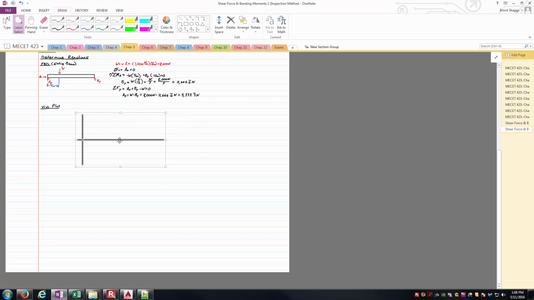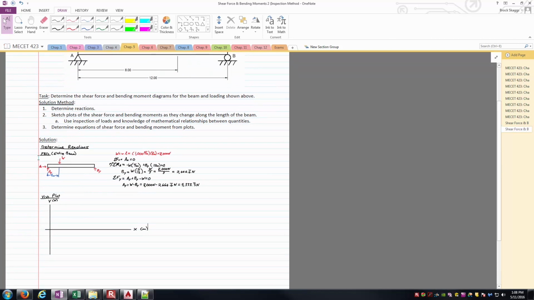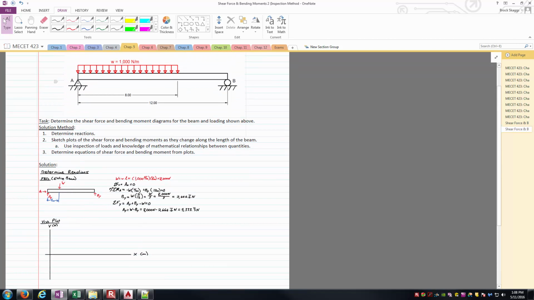And rearrange a little bit, just like so. And so as far as what this is going to be plotting, we're going to have the shear force in newtons, and we'll have the position along the beam, length of the beam, x in meters here. And so using the inspection method, we say, well, at the far left hand side we've got a pin joint,